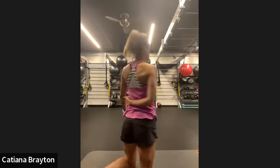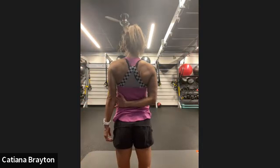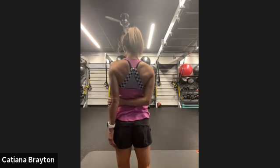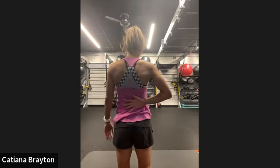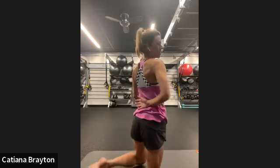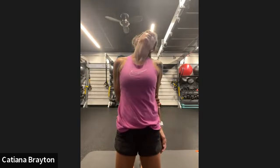Bring it as far back as you can. Shoulder down and away from your ear. If you can reach the left elbow, bring more shoulders back, great. If not, just do it as far as you can. But make sure you're squeezing your shoulder away from your ear, okay? So you are really pressing your shoulder blades in together. And now we are gonna turn. We're gonna do a 360 with your head